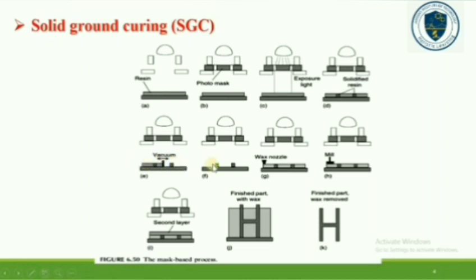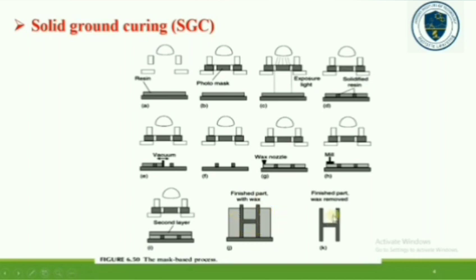After that, a thin layer of liquid wax is spread over the entire layer. Once the wax is solidified, a milling cutter is used to machine the extra wax from above the level of the photosensitive resin. The layer is milled to the correct thickness and produces a flat surface ready for the next layer. This process is repeated for each layer to make the complete product. This is the process of the solid ground curing system to make an entire component like an H-type structure. This is followed for any other products.